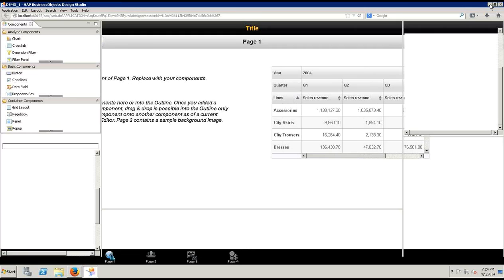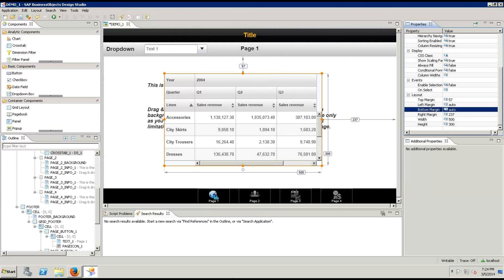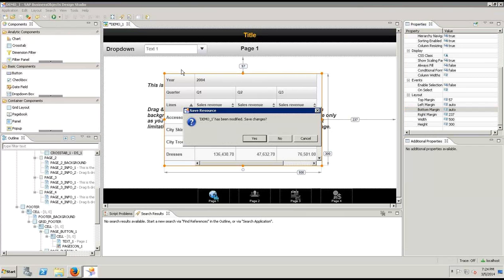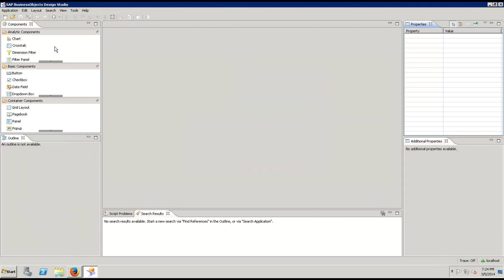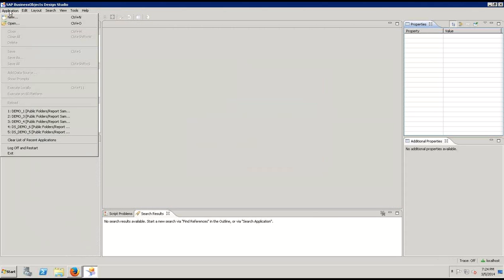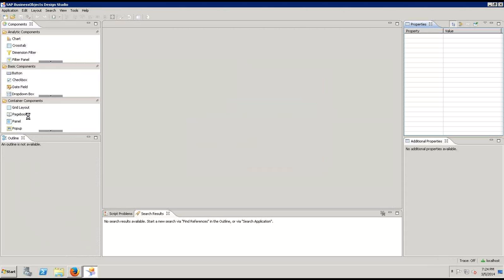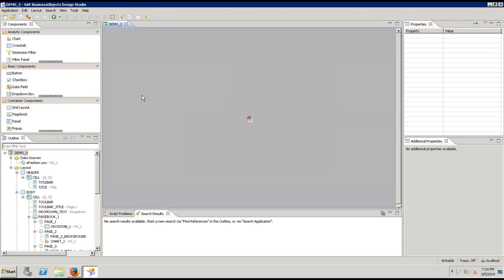So I'm going to go ahead and minimize this for a second. I'm going to go ahead and open up one of the demos, and although we'll save this one, I'm going to open up one of my more recent ones, and it's demo 3. It's the same template, but some additional work that I put into it,